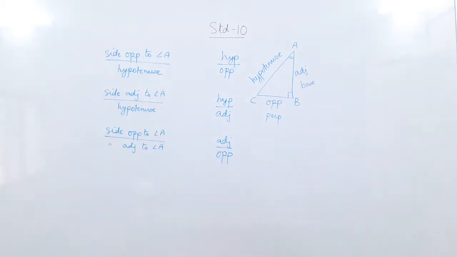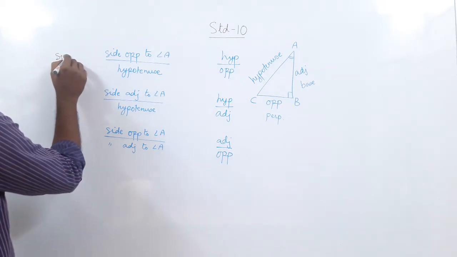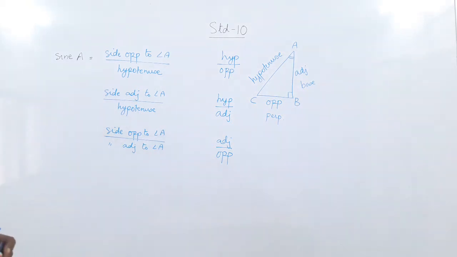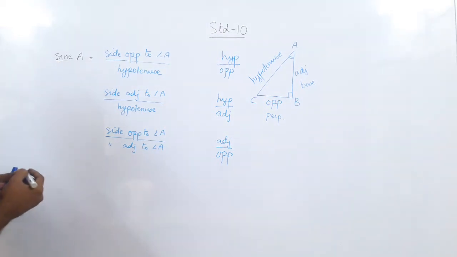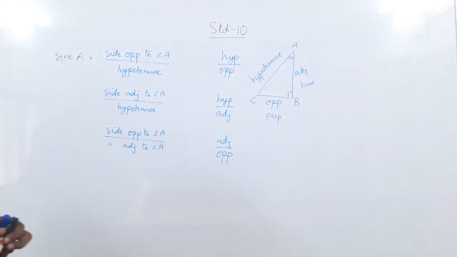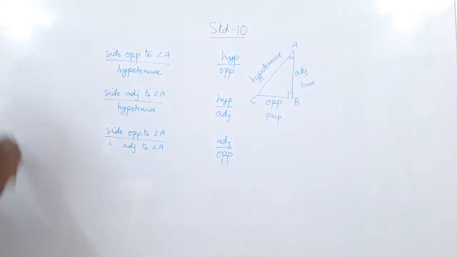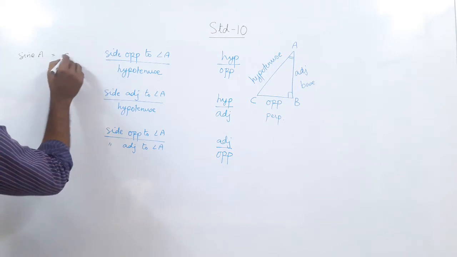Okay, so I have mentioned an angle A. Now came the naming part I told you, so we have named them. This is called sine A. Because I have taken the angle, I call it sine A. Now what does sine A mean? Actually we write only the first three letters, S-I-N, so this is sin A. Here, the whole name and the short name both.